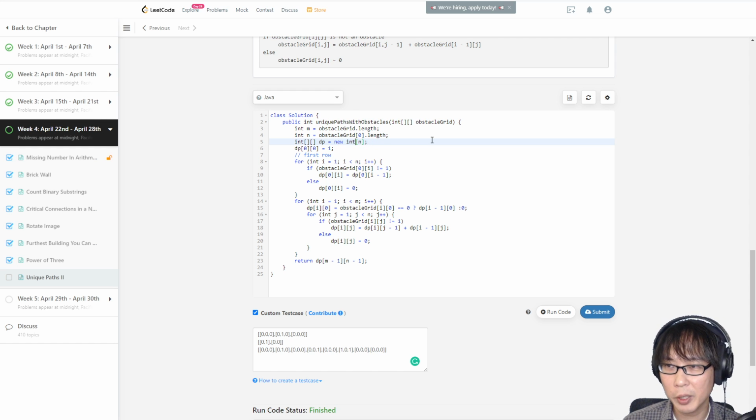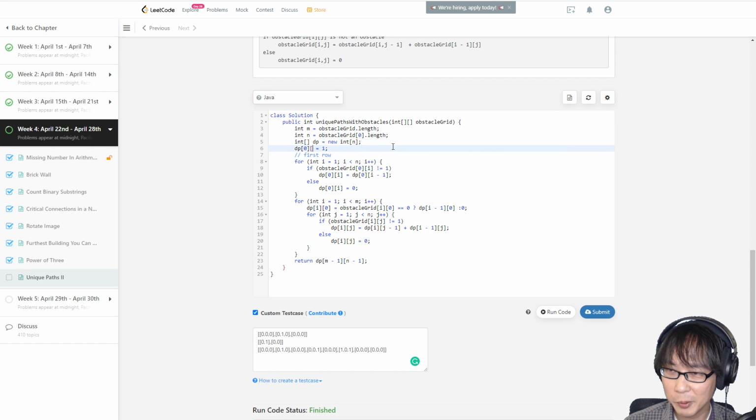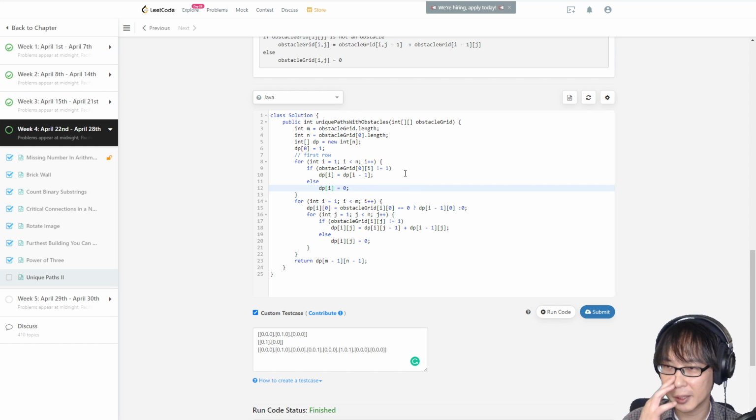Would I regret it? Now that it already looks like it will pass, but I start modifying it. Will I regret? So now the first row, if this is not 1, then our dp[i] is equal to the dp[i-1]. So this is our first row. And then